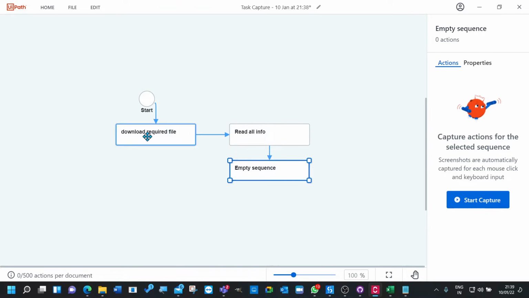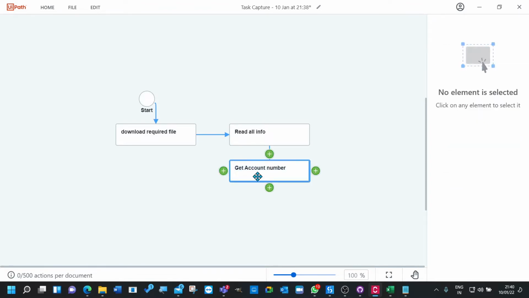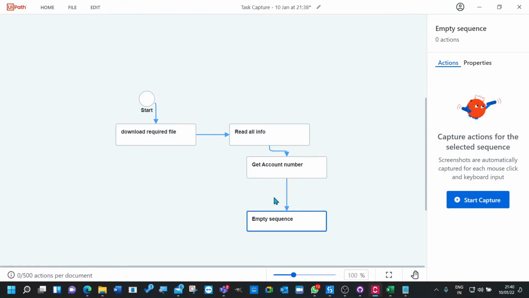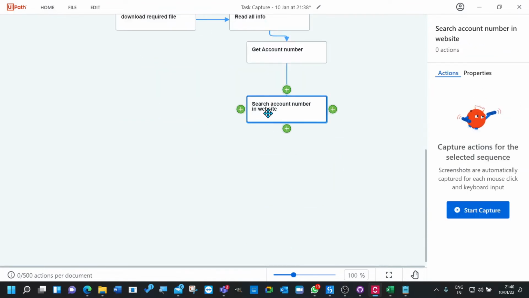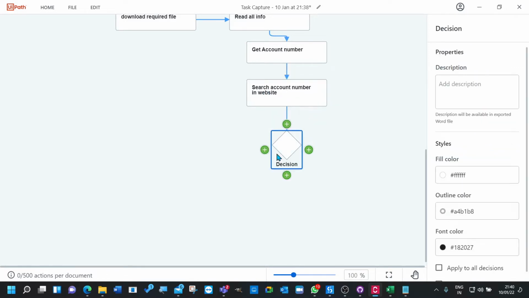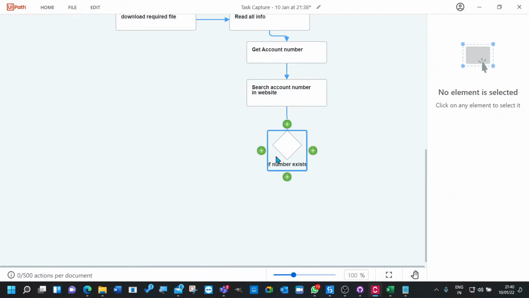But for now, once we download the required file, read all the info and get account number, or you can also say, okay, I think we can have it get account number. Once we get the account number, search account number in the website. So once we have searched for this account number, here we need to have a decision block, like if number exists,